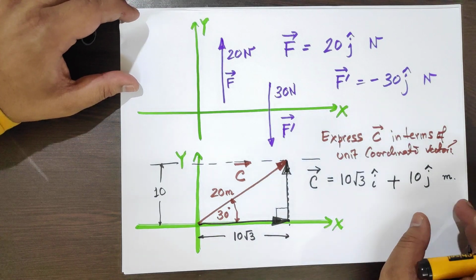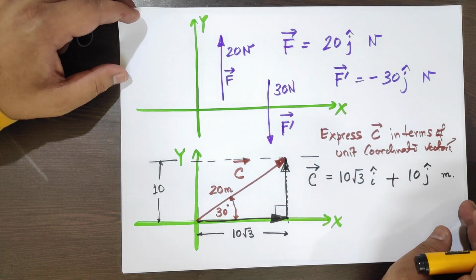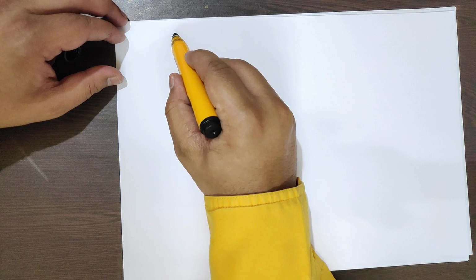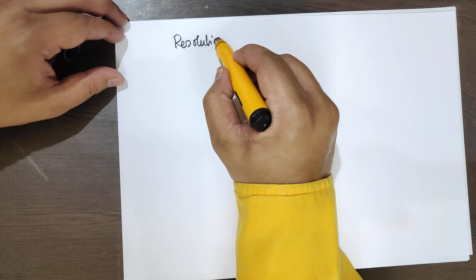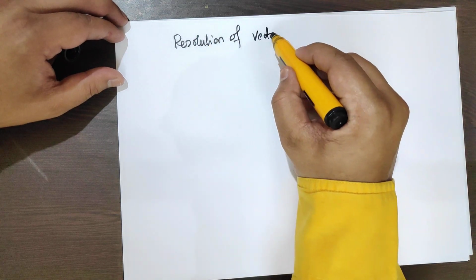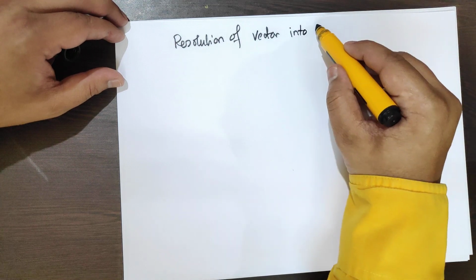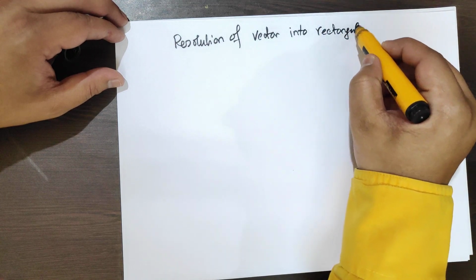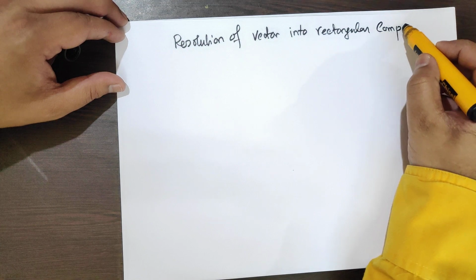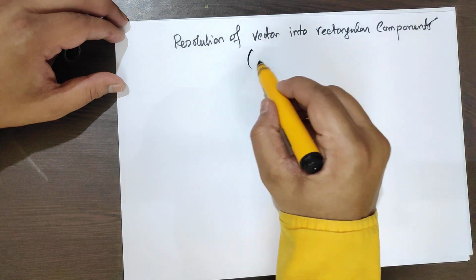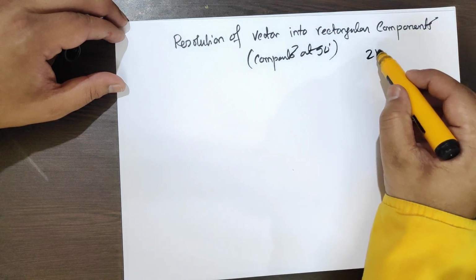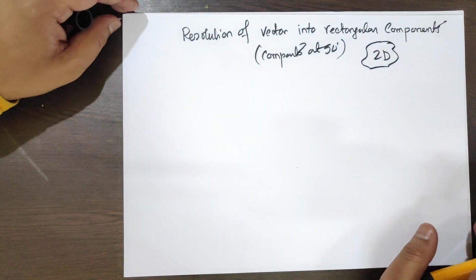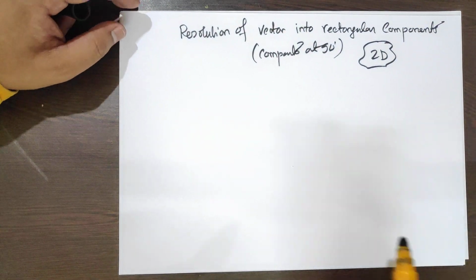This is resolution of a vector into its x and y components, right? So that is the most important thing: resolution of a vector into its rectangular components. Rectangular components, that is components at 90 degree. Now we are talking about the 2D thing, so don't worry about the z axis right now. Okay,